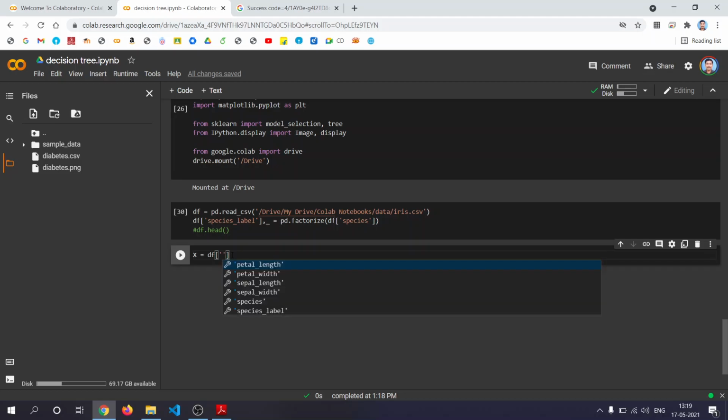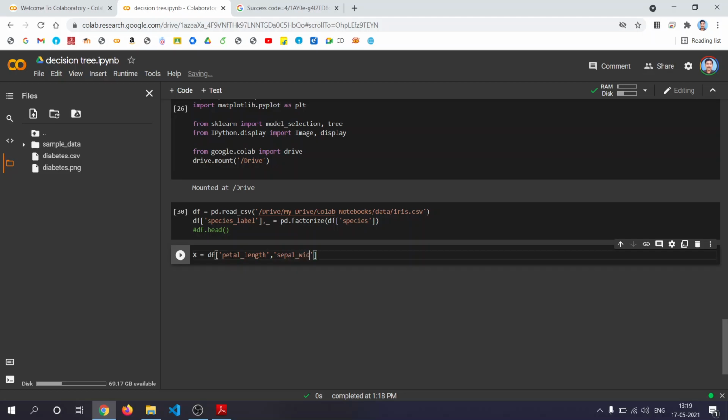Df contains petal length, petal width, sepal length and sepal width. So we'll take only a few values: petal length, and then one more, sepal width. Okay, petal length and sepal width. And y is df, we have just constructed the y value, that is species label.